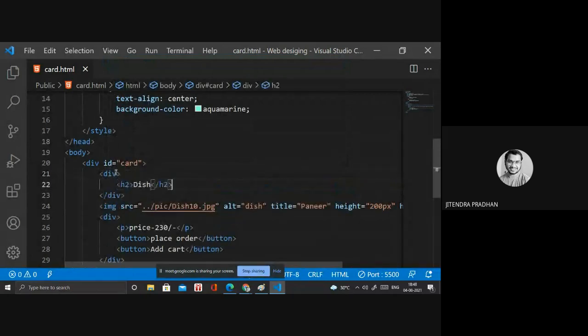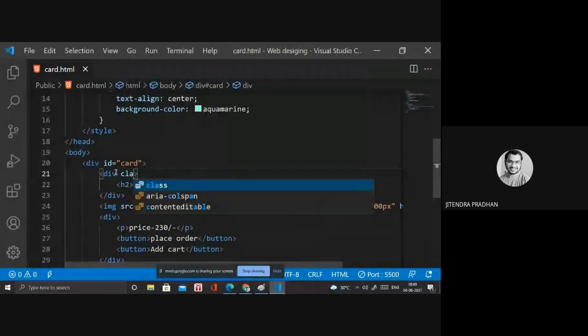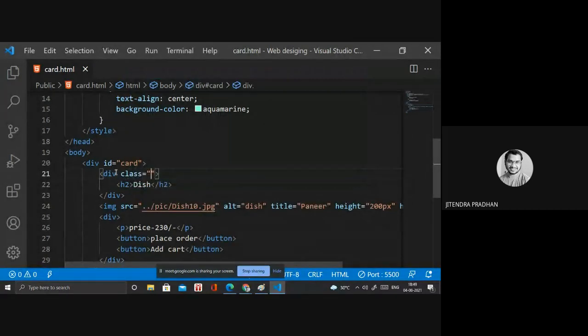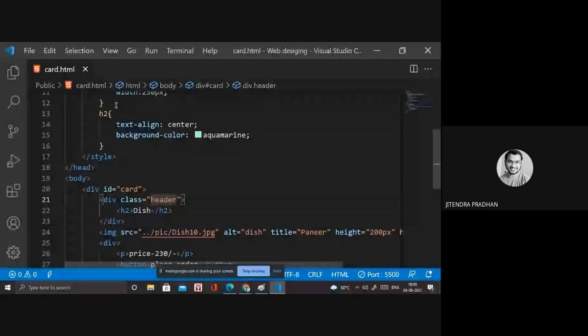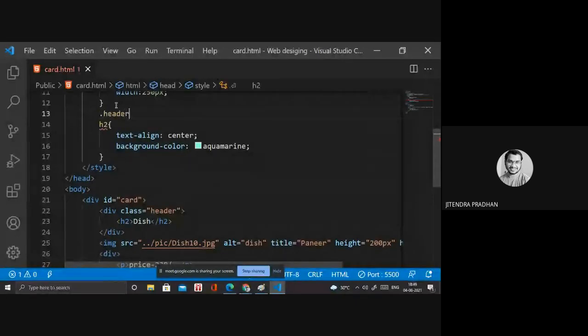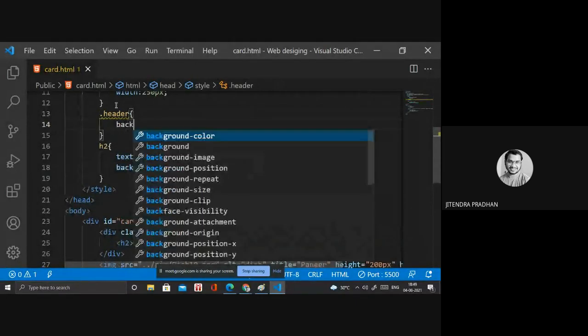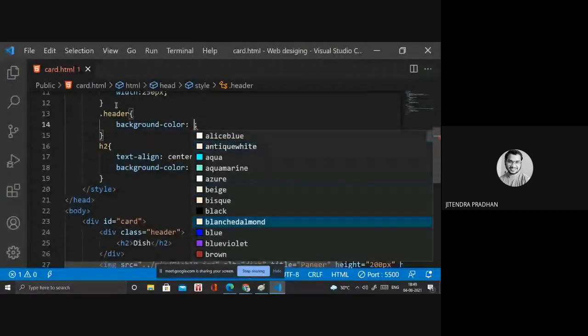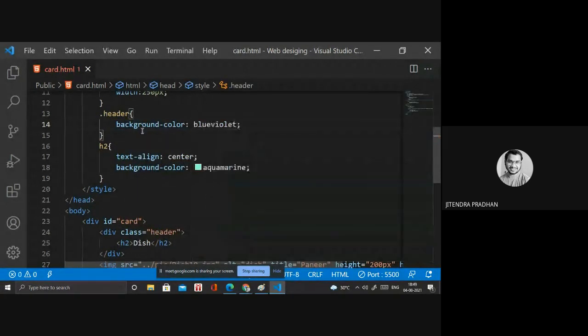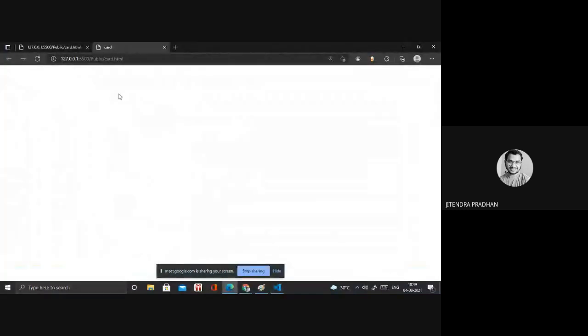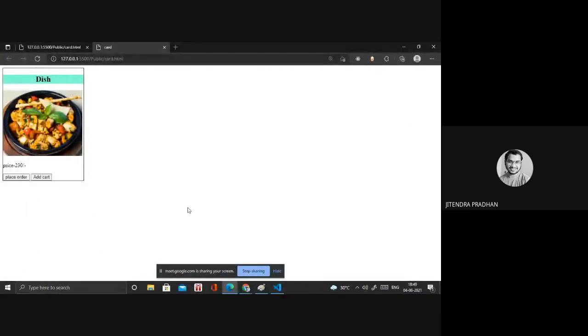If you need the whole div, like the header part, in that particular color, then you have to define a class, it's like header. Then use the header. The background color is blue violet. It's not applying, right? Let's see.